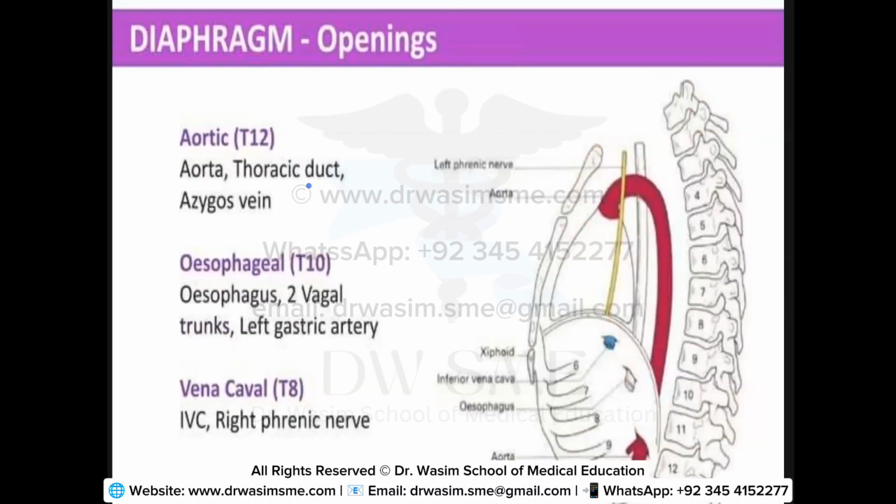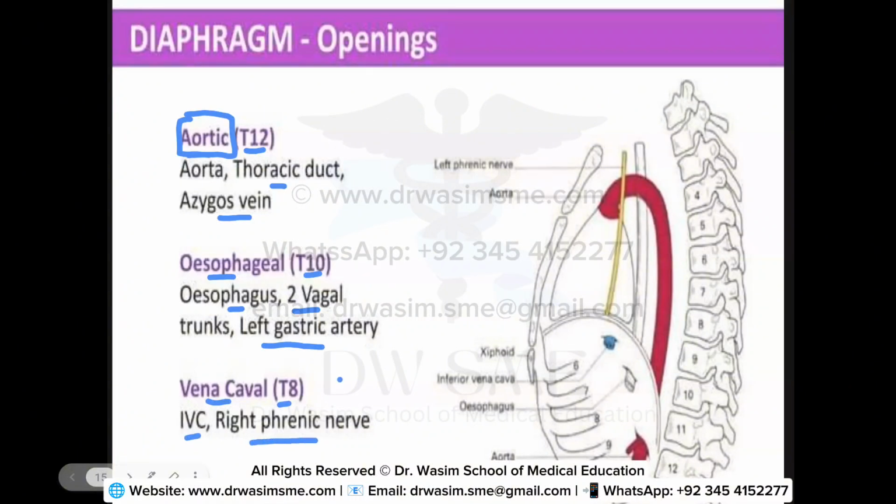Now, the next important concept with reference to the diaphragm is its openings, which structures are passing through the openings, and at which level. At the 12th thoracic vertebral level, the aorta, thoracic duct, and azygos vein pass, and it is named the aortic opening. Then we have the T10 level, known as the esophageal opening, because through this pass the esophagus, the two vagal nerve trunks, and the left gastric artery. And then we have the T8 or the vena cava opening, through which pass the inferior vena cava and the